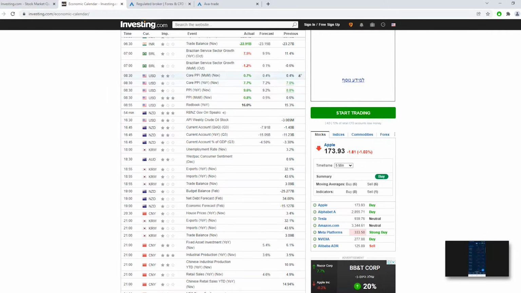Usually when the numbers come in green, that means good news. That means the economy is roaring and doing well. The prices are going up because there's a lot of demand, and that shows a good sign for the economy usually. The problem is there's too much price increase now. There's so much demand, and the prices are rising so fast that, yeah, healthy inflation shows a healthy economy, but